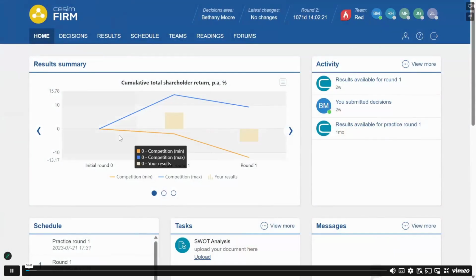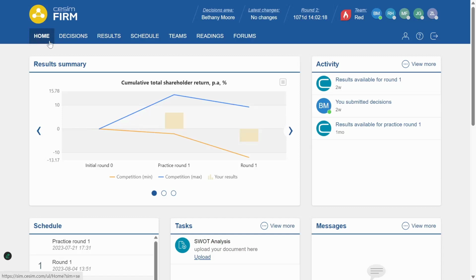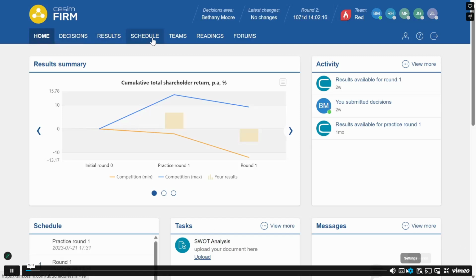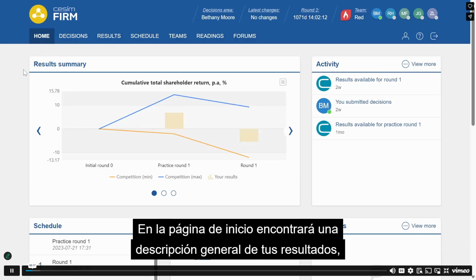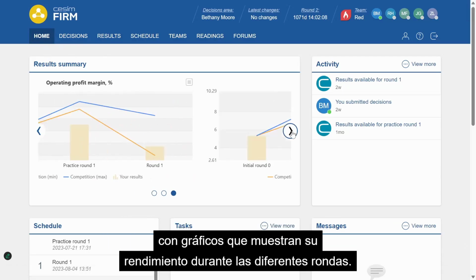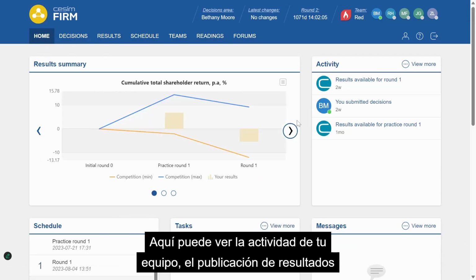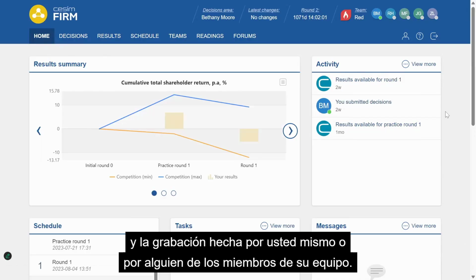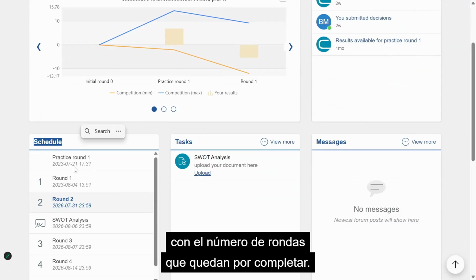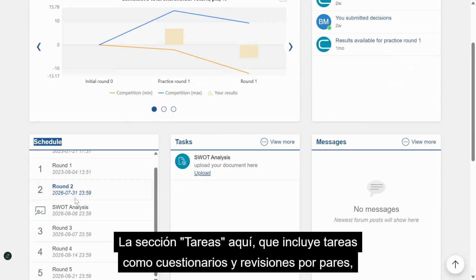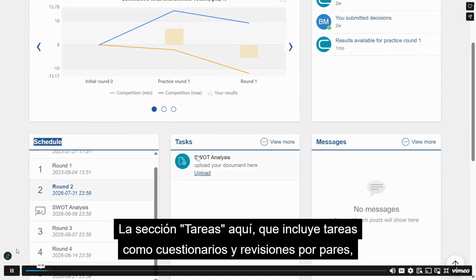The CESIM platform consists of different tabs: Home, Decisions, Results, Schedule, Teams, Readings, and Forums. On the home page, you will find an overview of your results, with graphs showing your performance over the different rounds. Here, you can see your team's activity, the publication of results, and the recording made by yourself or one of your team members. Here you will find the schedule and the various deadlines with the number of rounds left to be completed. The Tasks section here, which includes